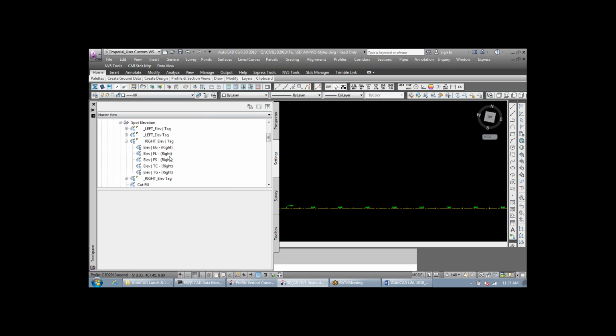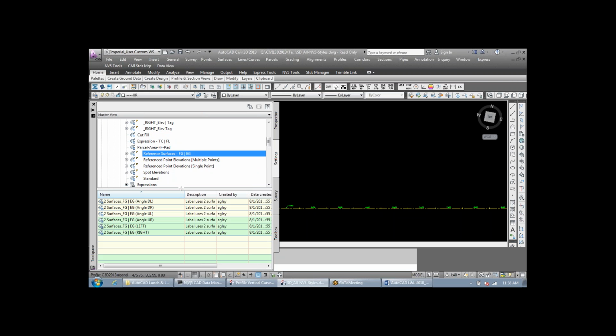And then under there, you've got some options, whether or not you want flow line, finish grade, TC, or top of grade. From that, then you can drag that around to be up, down, and how far away from your point you want. So this has been completely revamped. I would encourage you to use it if you ever need to label some spot elevations. We've also got some that reference surfaces,